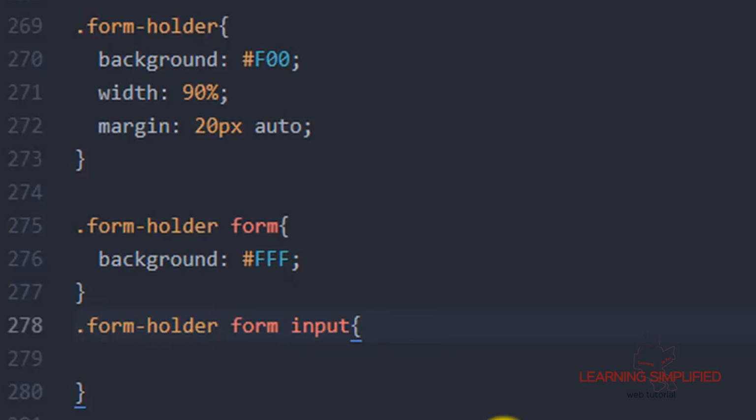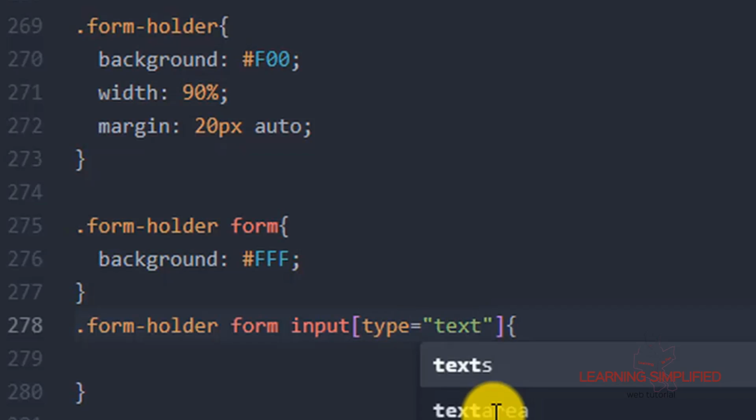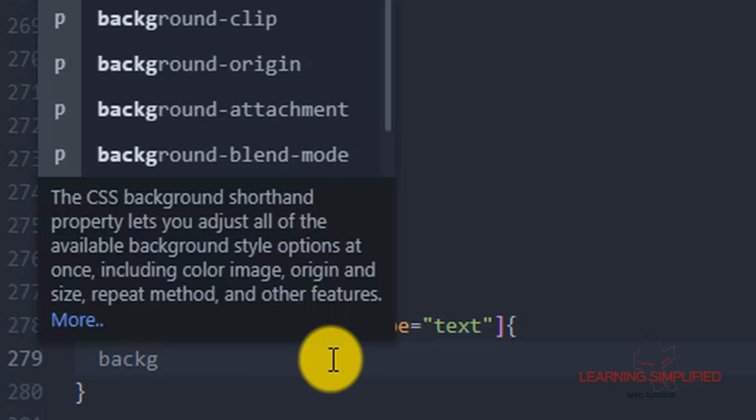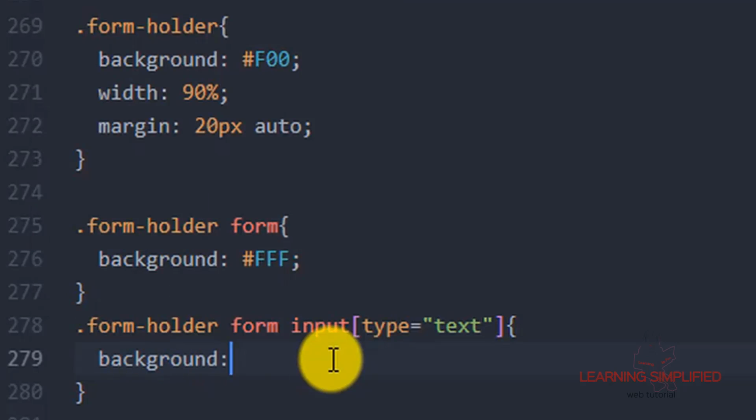So if we get back to our project, we will now specify this particular input element, which has a type of, what should be the type? Text. So what we are specifying over here is that any input element which has a type of text will have a background color of this one.